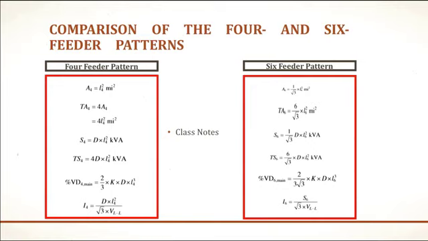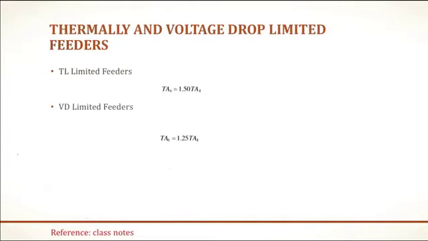And we also analyzed both configurations based on two assumptions, or we can say two cases. Those cases were thermally limited and voltage drop limited feeders. So if the feeders are thermally limited, meaning the current carrying capacity of both feeders is identical, then the total area served by 6 feeder configuration is this, that is 1.5 times of the total area served by 4